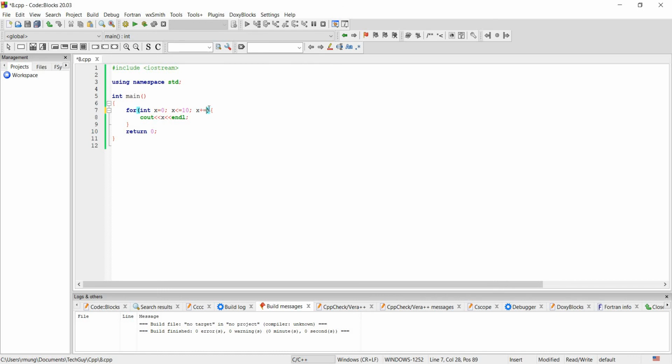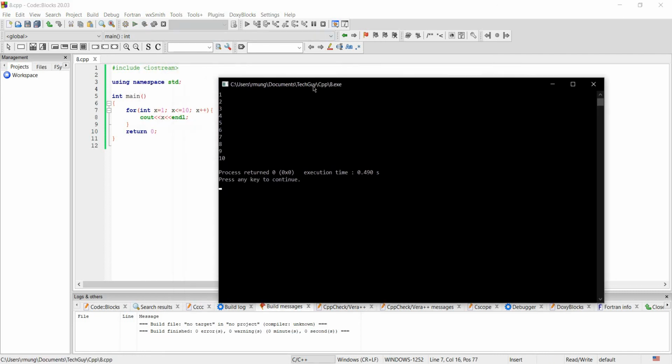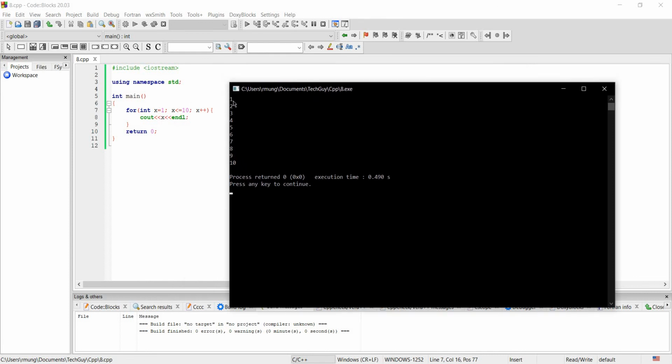Let's increment it by 1 and start the initial value from 1. So it will start from 1, increment by 1 each time, which is plus 1, plus 1, plus 1, and then the limit is less than or equal to 10. And that's how the for loop runs, and how this